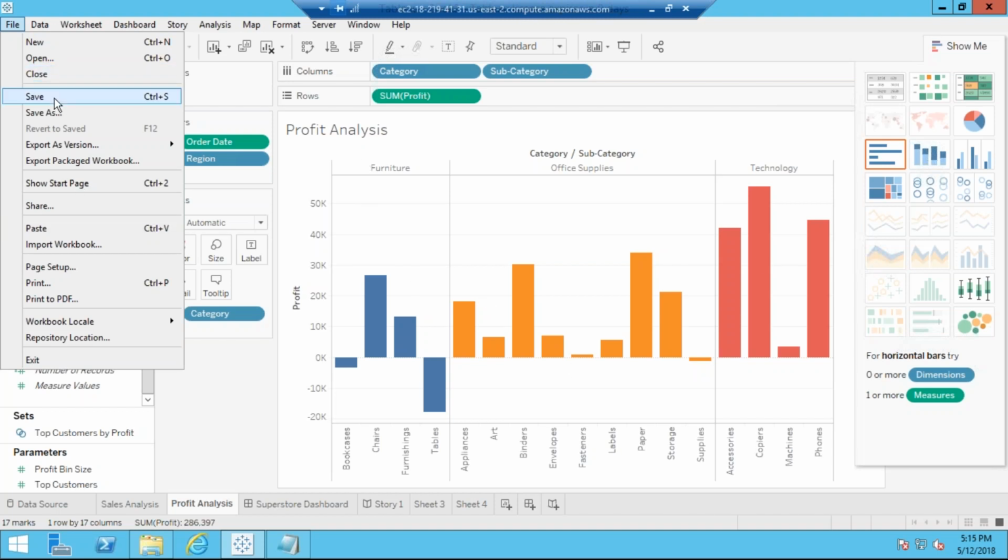Then you have Save, so you want to save this progress. Obviously, make a habit of doing this. Whenever you do something, save the document. Normally you would do the same in Excel. Whenever you do calculations or a VLOOKUP, you try to save it, because you never know when your machine hangs or your Excel stops working and restarts.